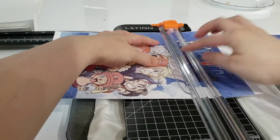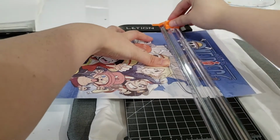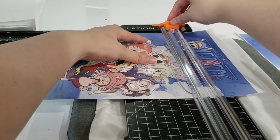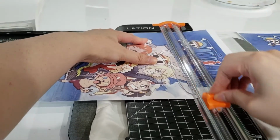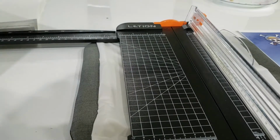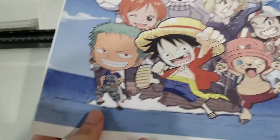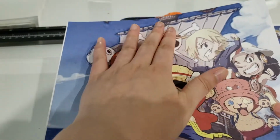just to get the words out of the way. I think that's good. And let's just cut here. See, that was so simple. Yep, that looks good. So I'm going to use this for the bottom half of the mask, and